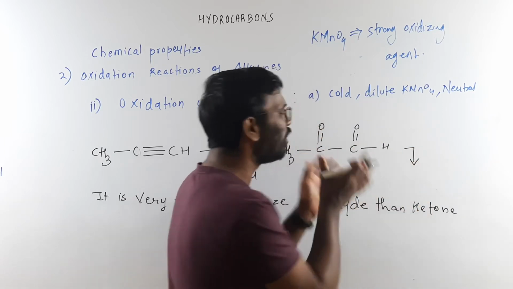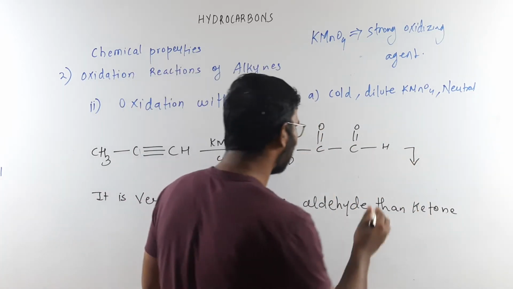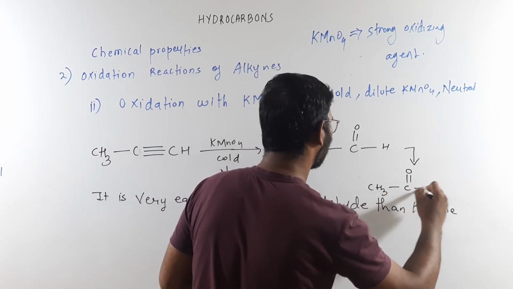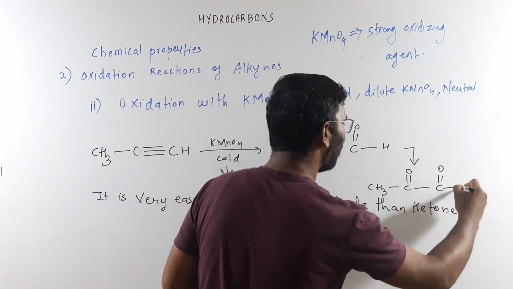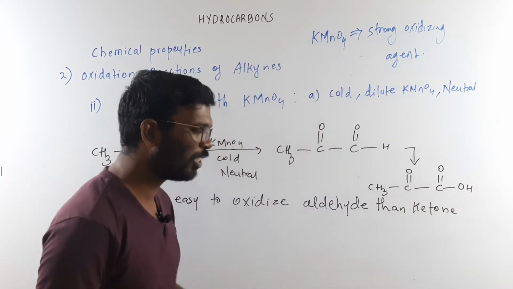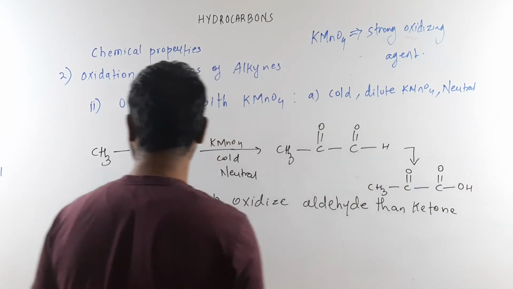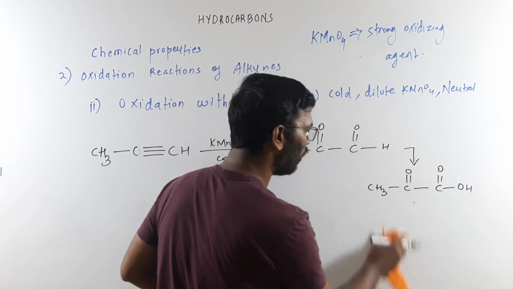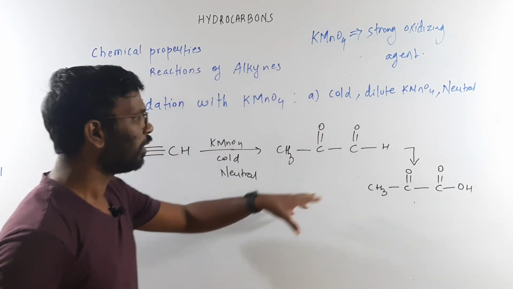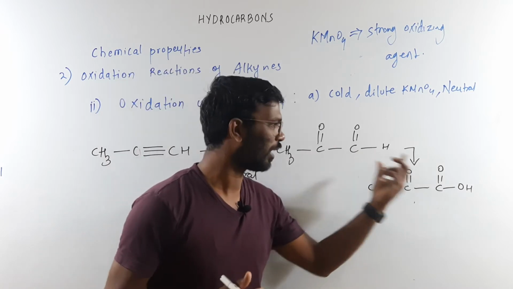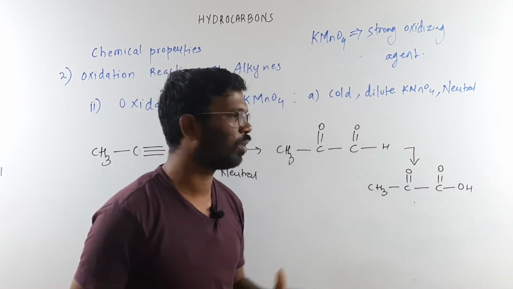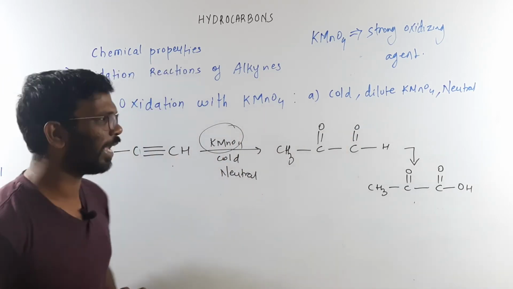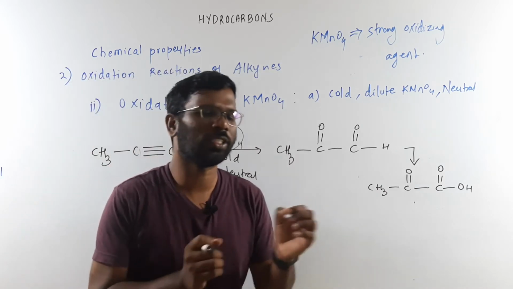Oxidation of the aldehyde means this aldehyde is going to change to a carboxylic acid. So I will write this as CH3-C(=O)-C(=O)-OH, where H changes to OH because it is very easy for the aldehyde to get converted. I'll just clean this line. You can make a note of it. So this is what you are going to get. If it is a terminal alkyne, you get an aldehyde first, and further it gets oxidized by the KMnO4. This KMnO4 is not going to leave the aldehyde, it will oxidize it. The reaction sequence is very simple.